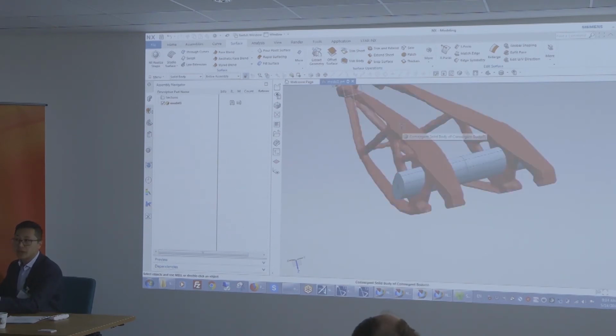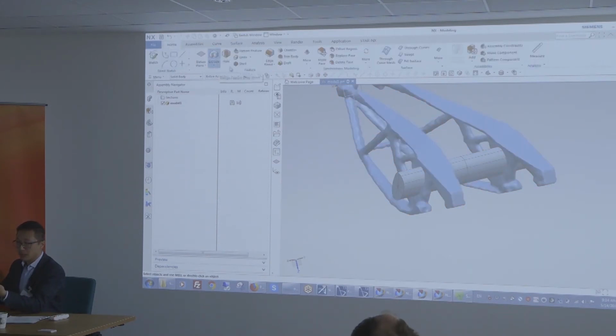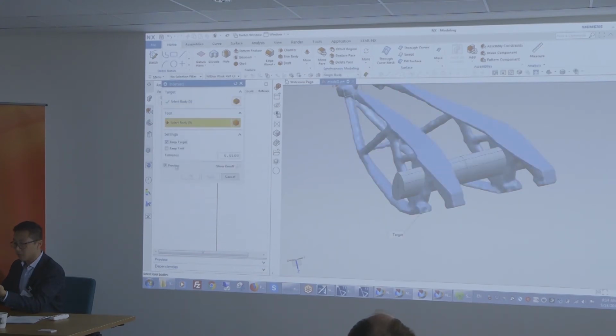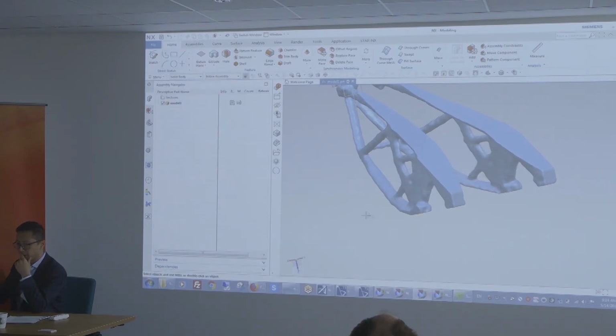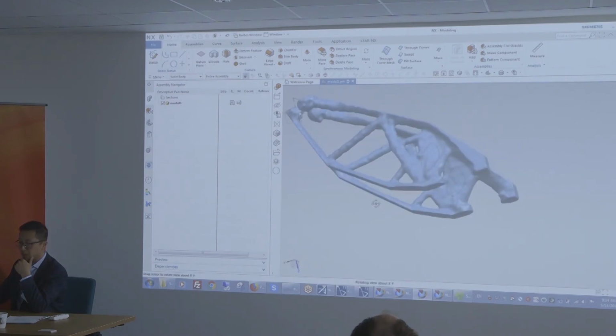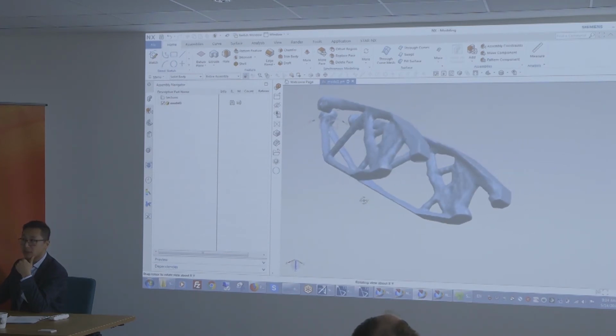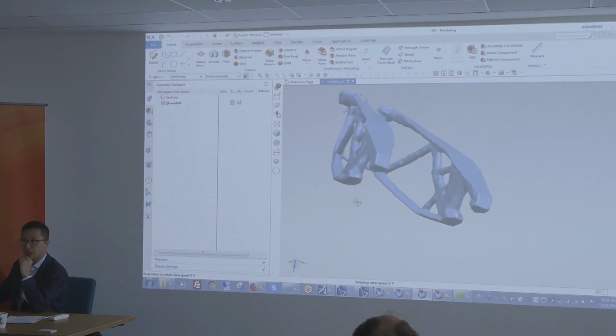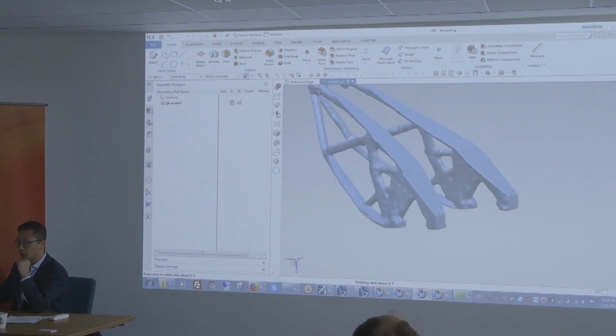Can I work with Parasolid-based geometry now? So I'm going to create, let's say, an intersection between this and this. Okay. So now, if you see, my geometry is now split using that weirdly shaped elliptic tube.